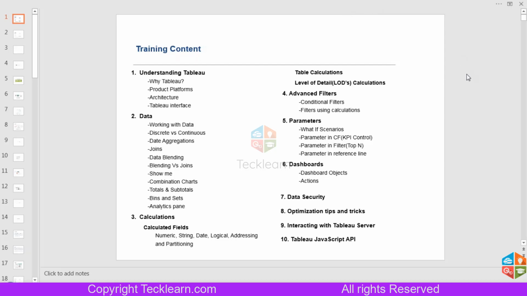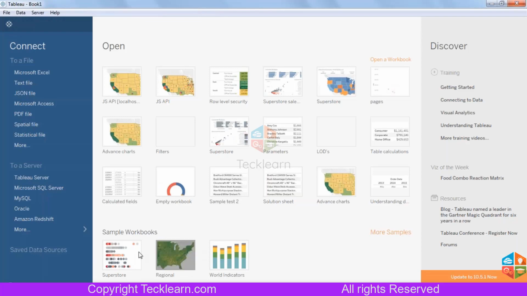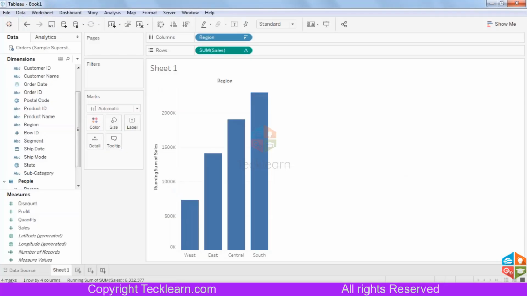Yes, so both things are possible. Whenever we are talking about a static report, everything is there, and we are just using filters to navigate through. Let me show you one quick demo over here. Whenever you install Tableau Desktop, you will get 3 workbooks, 3 dashboards inside. Just click on any of these dashboards, and let me show you what I mean by static.